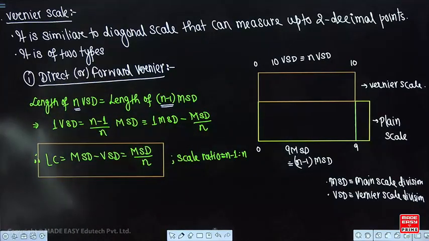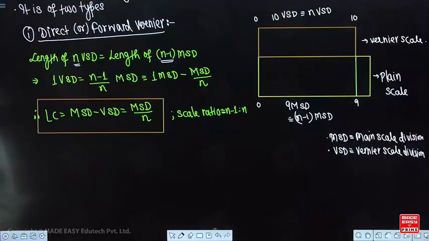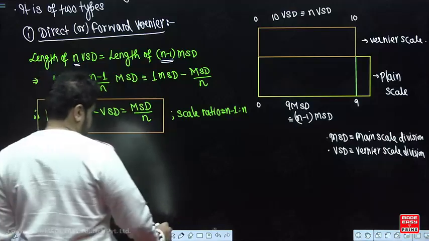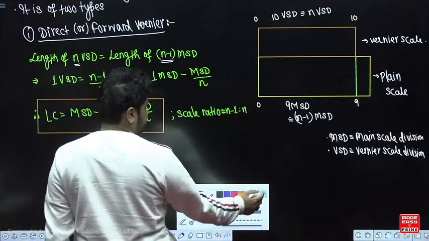So in the exam they will ask you what is the scale ratio of forward or direct vernier. So it is n minus 1 to n, or what is the least count. So these are the two questions that they will ask you, if at all they ask. Correct. So this is basically your direct vernier. Fine. Second one